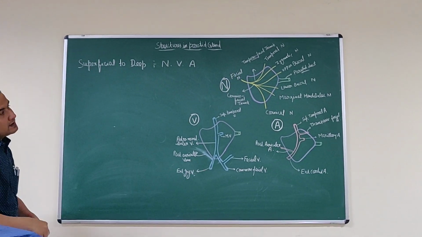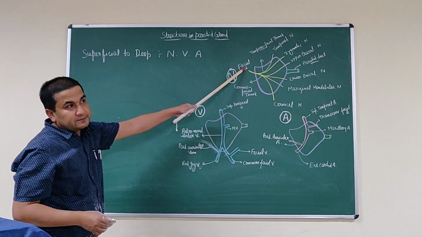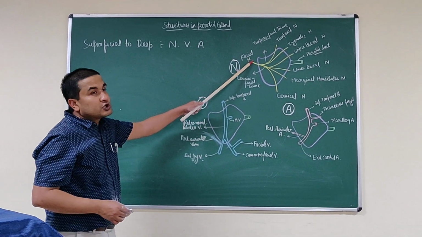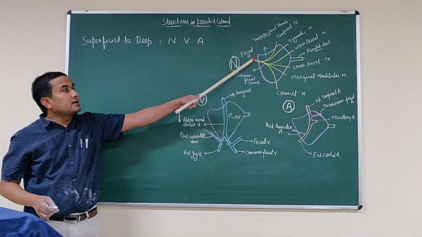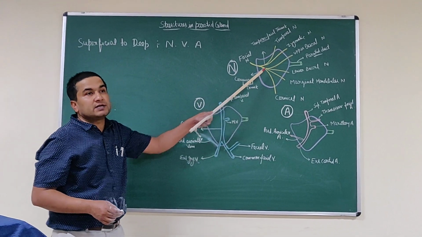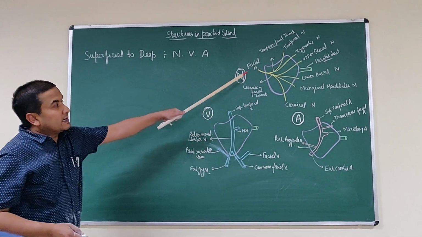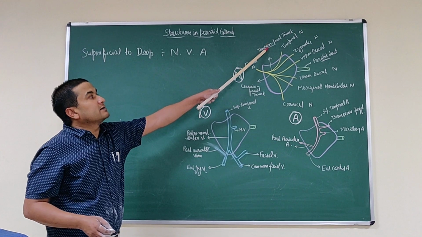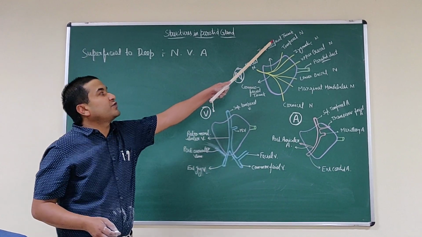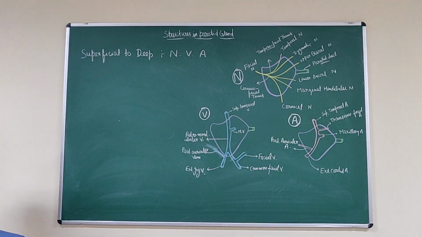This facial nerve comes out from the stylomastoid foramen and, through the posteromedial upper part surface of the parotid gland, enters into the parotid gland. This is the most superficial structure. In the gland, it divides into two trunks. The upper trunk, that is the temporofacial trunk, and the lower, it is the cervicofacial trunk.